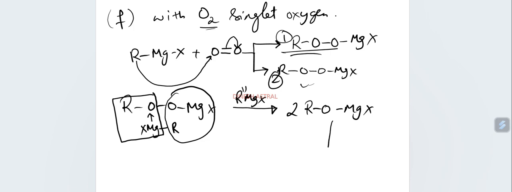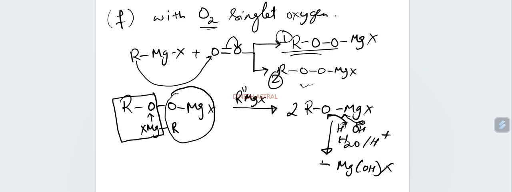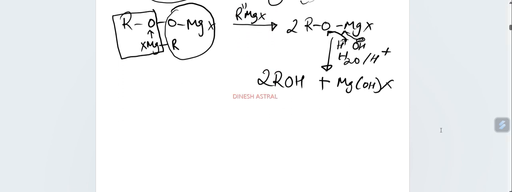And further, if you hydrolyze in presence of acid, what will happen? This oxygen will pick up the hydrogen, and the OH will bind up with this magnesium. So it will be MgOH and the other one will be ROH. How many molecules of alcohol are formed here? Two molecules. So please remember all these points. Next, I wrote 1 and 2, yes or no. Now see here, when I treated with another molecule of Grignard reagent and further hydrolysis, I'm getting alcohol, yes or no. But this same molecule,